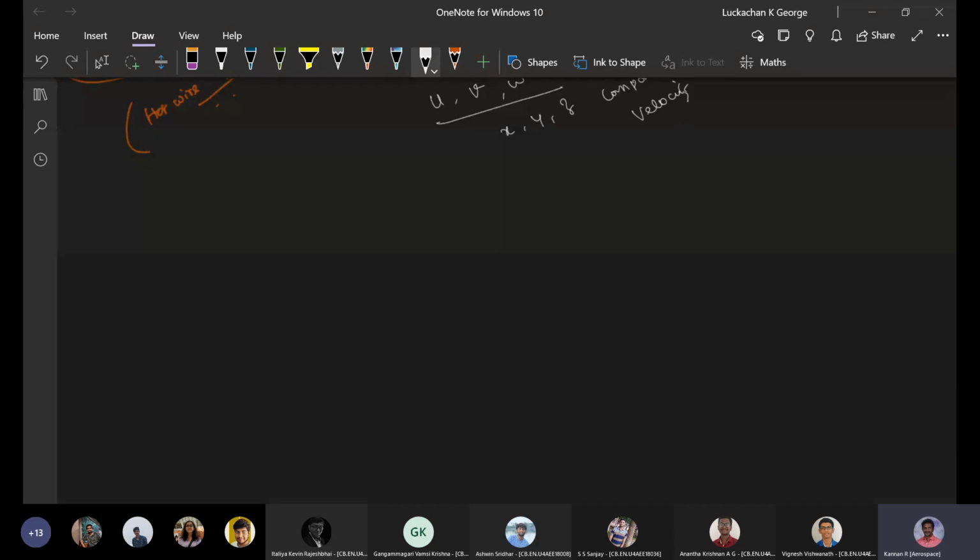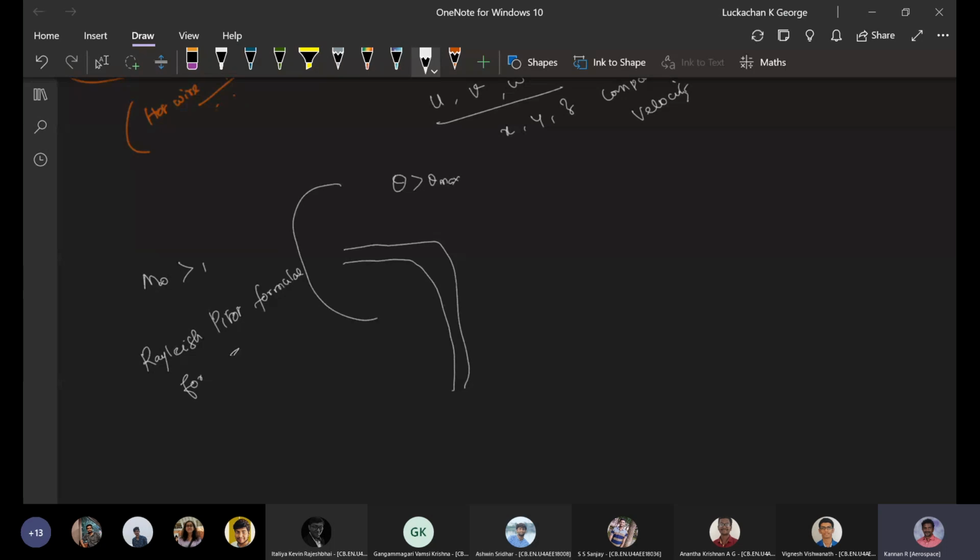So for example, if you take a total probe and put it in supersonic flow, you are going to have a detached shock, because your theta is going to be greater than theta max, if your Mach number is greater than 1. So automatically here we will be discussing that. A Rayleigh-Pitot formula will be there for measuring your total pressure. Using the Rayleigh-Pitot formula, you can measure your P01, the tunnel P01.